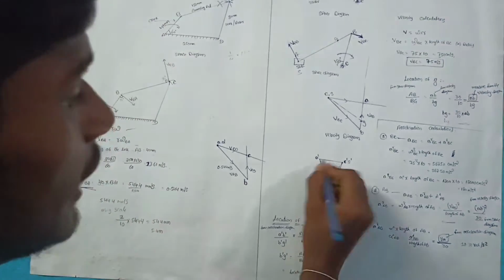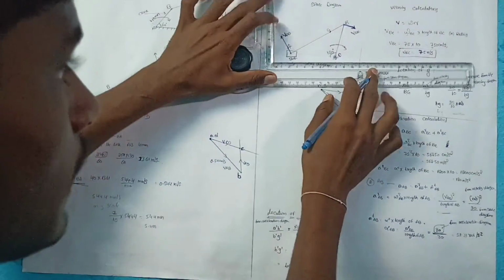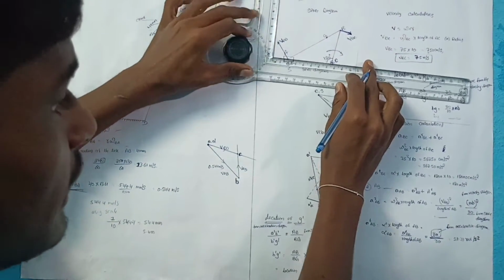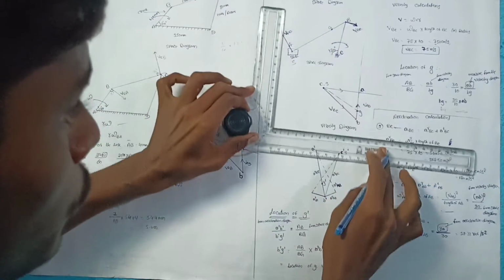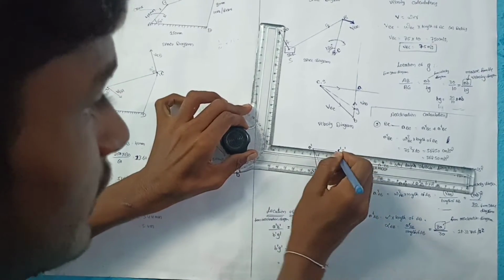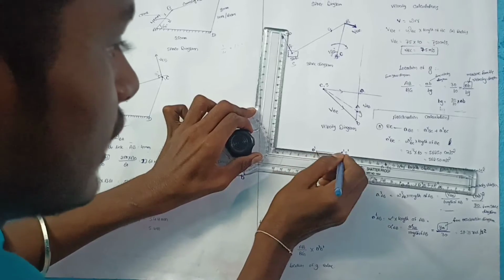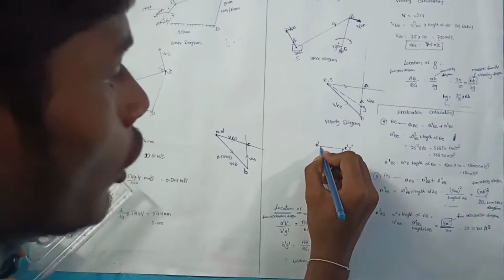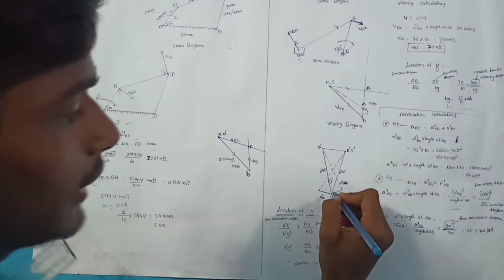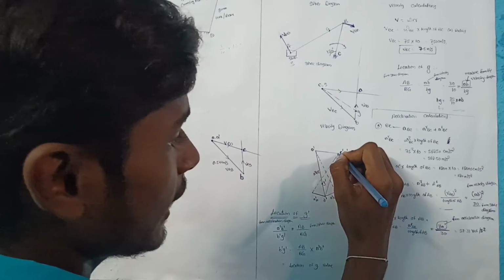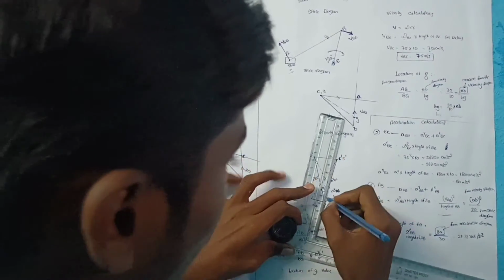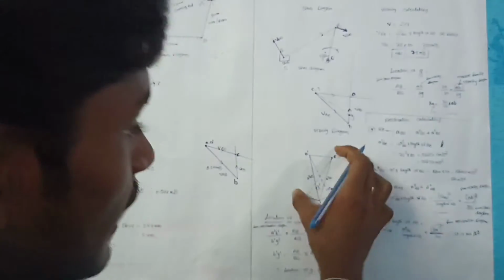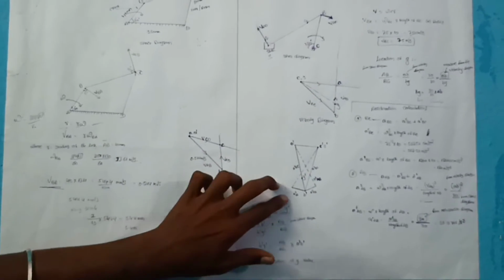Then we get it, it should be a closed part, no, because this is in the same direction. For that we want to fix a drafter scale here in this position, come here after C comma S, then we can draw one line here. After that all the points will meet somewhere. At that time, just using the scale we can join them. So then we get this angular acceleration diagram.